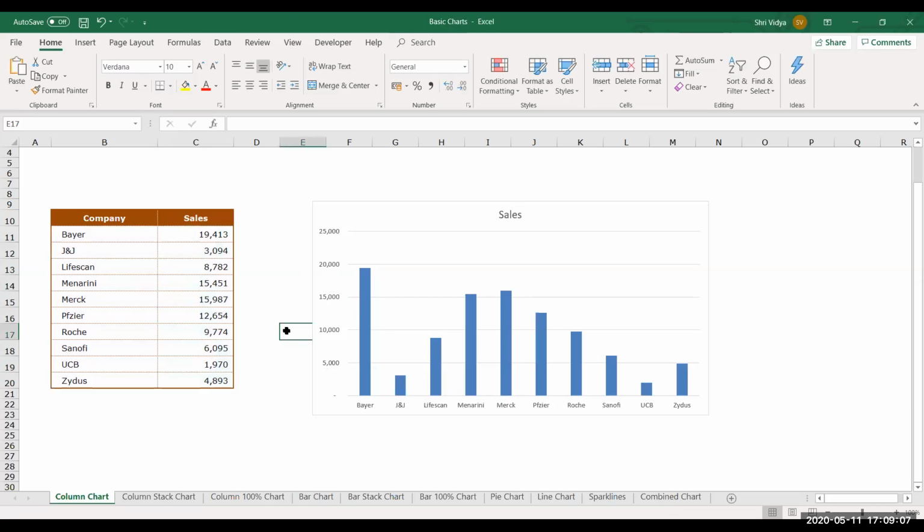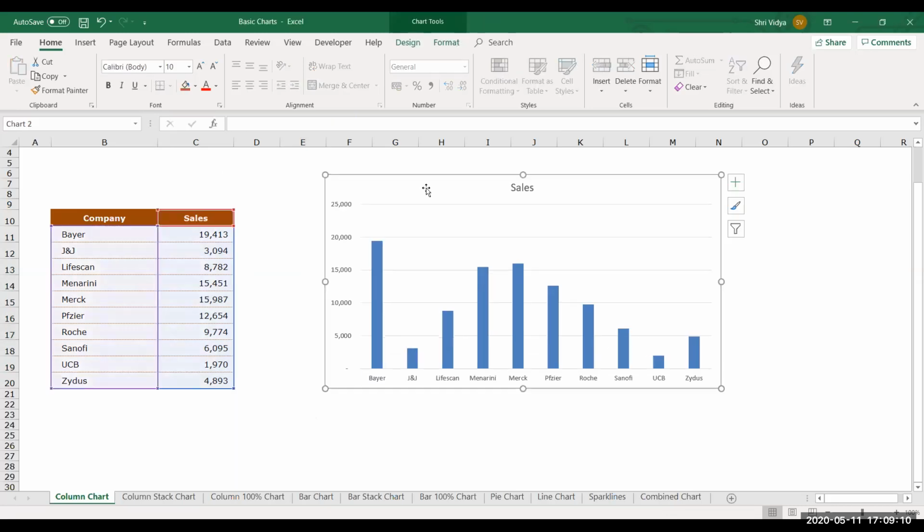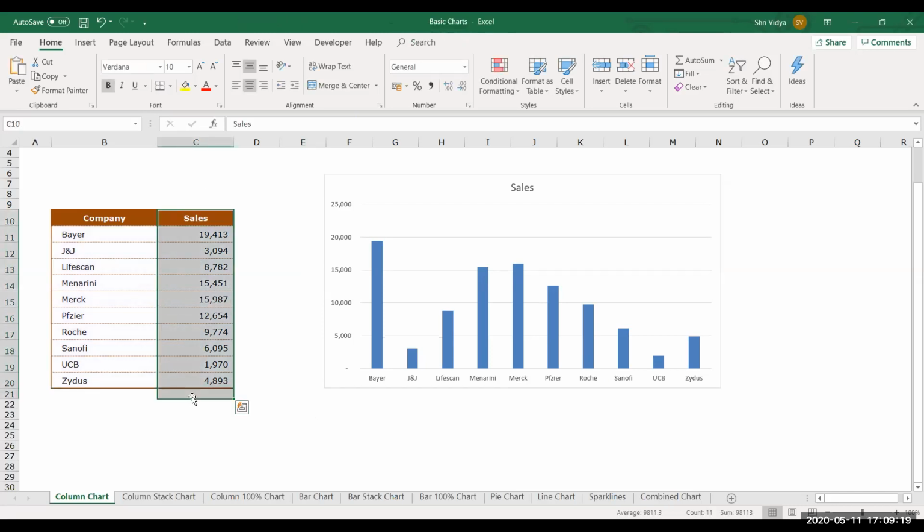Now let us discuss why we should use this column chart. Whenever you have column values, the series values, that need to be compared against some categories over here, then we choose either a bar or a column chart. Again, I'll explain why we should go for a bar chart. A bar chart is nothing but the orientation of this column chart changed. That's it. Otherwise, it is all the same. The bars will be horizontal, whereas the column chart will look vertical.